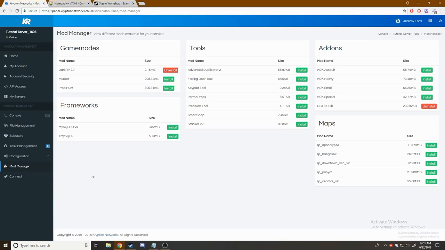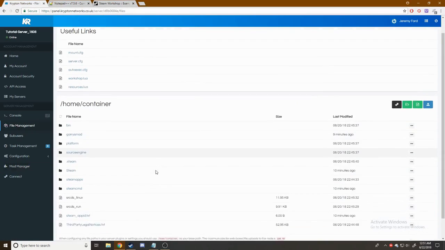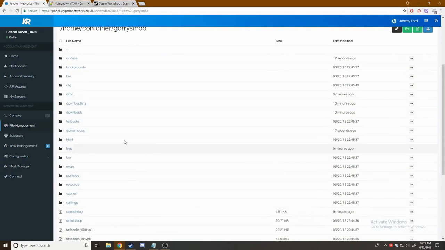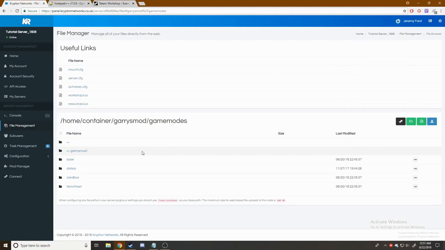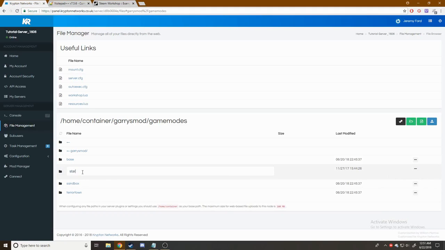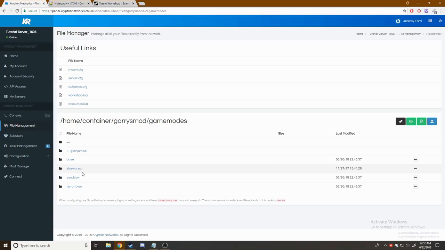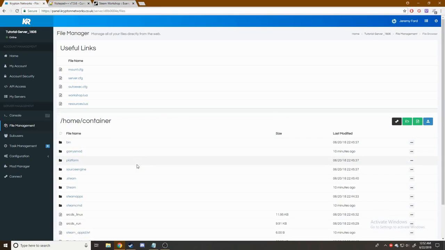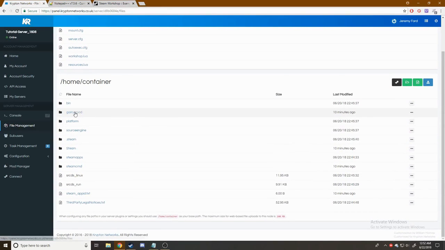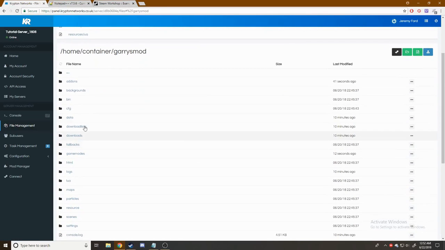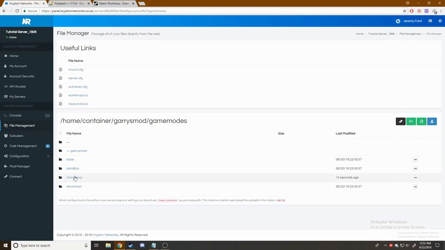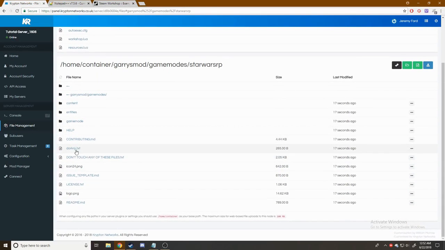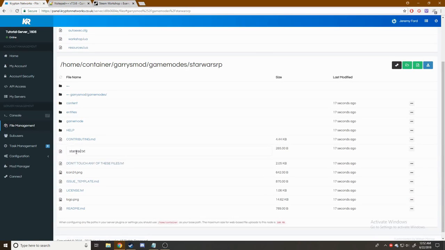So now that we've downloaded Notepad++, we're going to go to our file management, go to Garry's Mod, go to gamemodes, and we're going to change this folder name from darkrp to starwarsrp, all lowercase, all one word, and we're going to click on the folder. If it boots you back to the main screen, such as it did with me, that is okay. Just click on the folder again, go to gamemodes, and click on the starwarsrp folder. You're going to change this text file here from darkrp.txt to starwarsrp.txt,